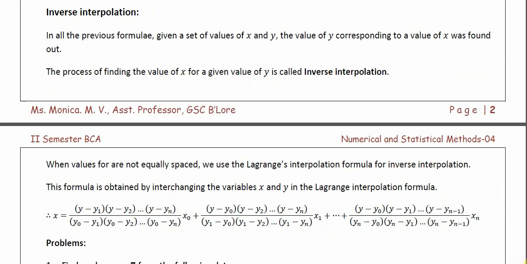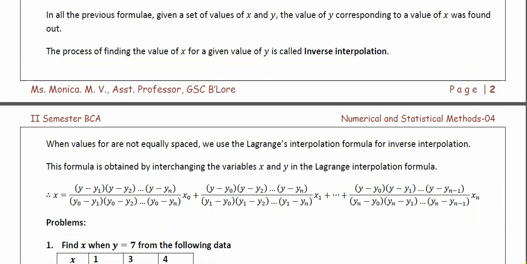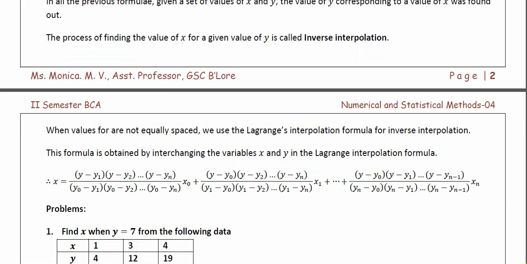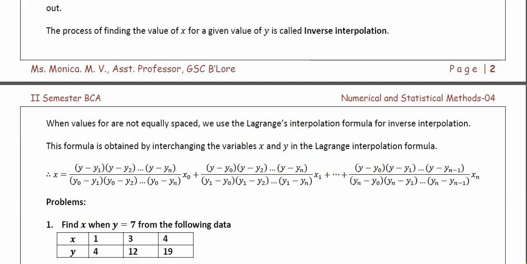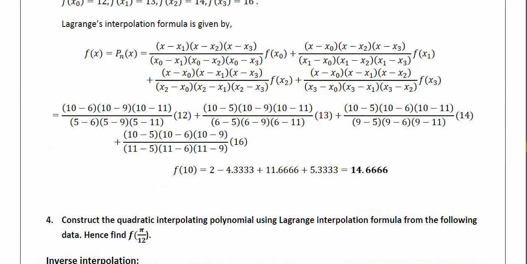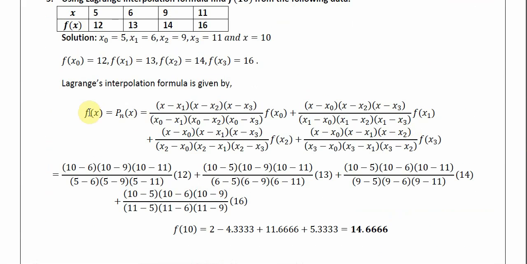ಏನ್ ಮಾಡ್ತೀವಿ ಆಗ, we are reversing this interpolation. x ಕೊಟ್ಟು y find out ಮಾಡ್ತಾ ಇದ್ರೆ ಇಷ್ಟವರೆಗೆ, ಈಗ y ಕೊಟ್ಟು ನಾನು x find out ಮಾಡಬೇಕು ಅಂತ ಹೇಳಿದ್ರೆ we are using the formula in the reverse. So usual ಆಗಿ ನಾವು Lagrange's formula ನ ಯೂಸ್ ಮಾಡ್ಕೋತೀವಿ reverse interpolation ಗೆ, inverse interpolation ಗೆ. So how do I use that particular formula? I will take the Lagrange's interpolation formula. We have the Lagrange's interpolation formula over here.